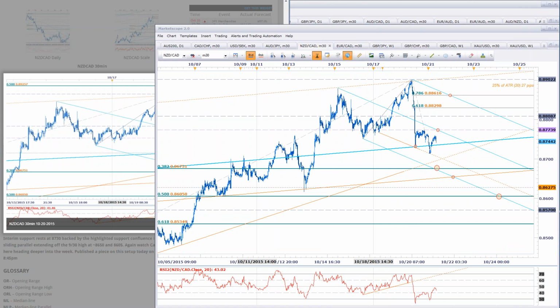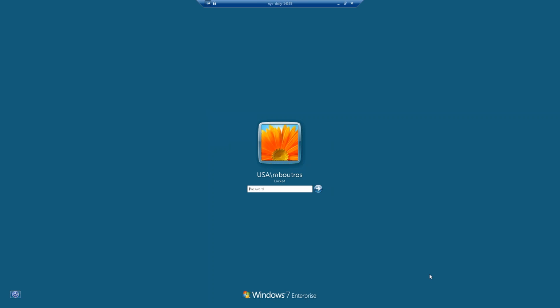And that is Kiwi CAD, my friend. So those are the setups from yesterday. I do want to touch base real quick on Aussie Dollar, and then I want to jump into as many pairs as you guys want. I do see some questions coming across, so keep those questions coming. Any specific pairs you want to look at, I'd be more than happy to take a quick look. Questions on strategy, I'll also be more than happy to address any of those.